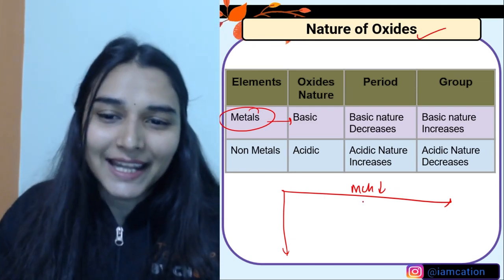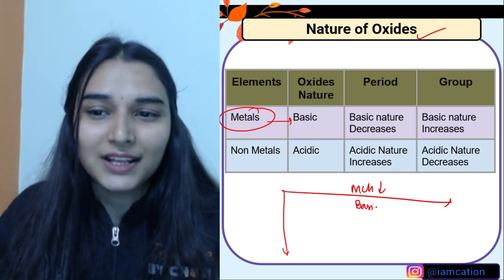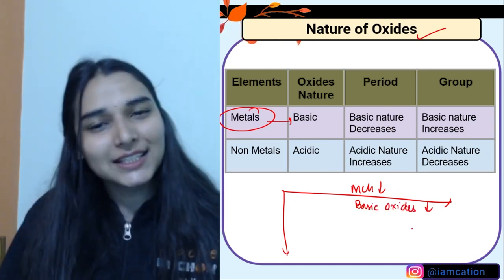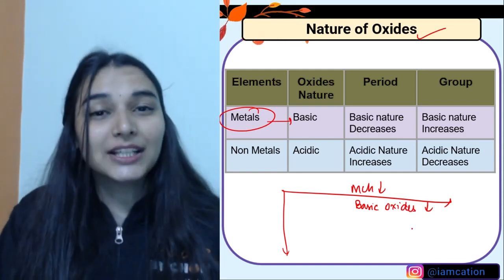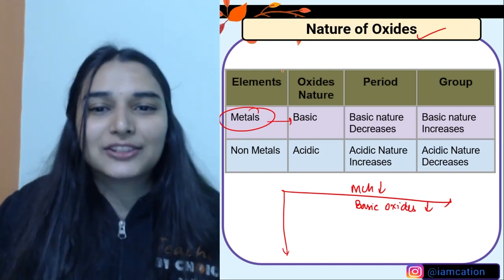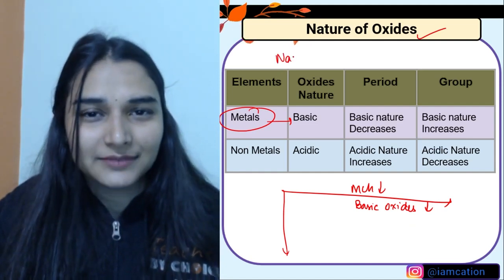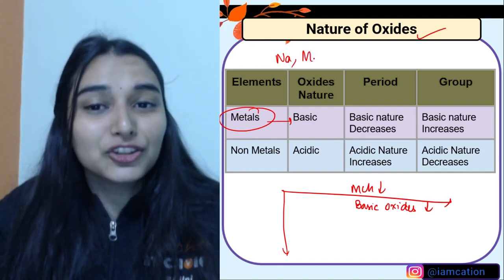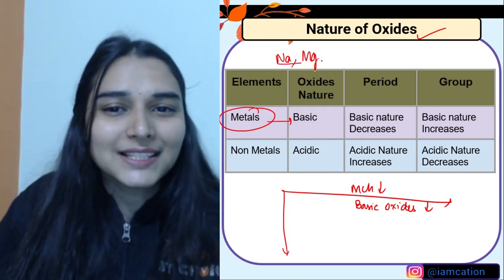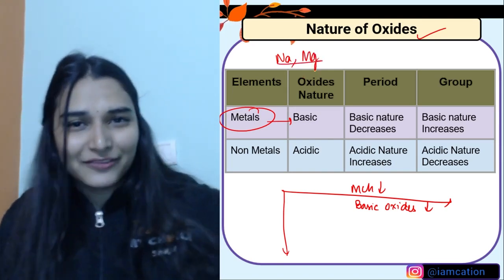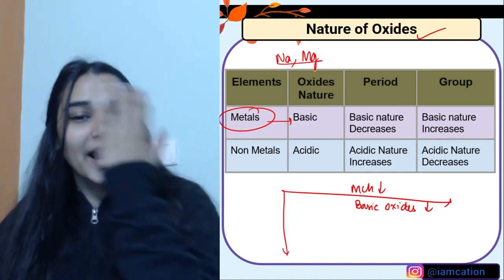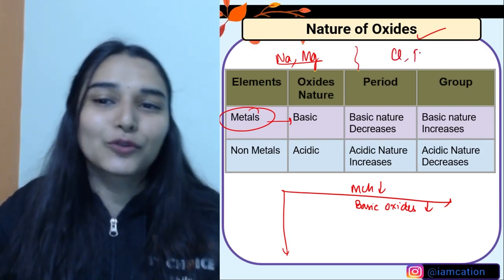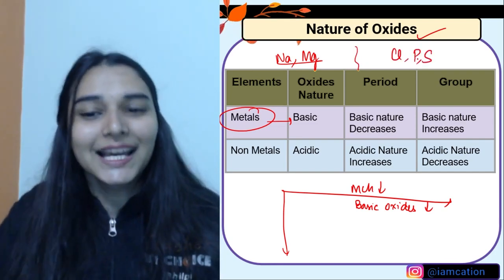So that means the tendency to make basic oxides also decreases. Basic oxides are found on the left side, like sodium oxide and magnesium oxide. The oxides of the metals on the left are more basic. By the time you go towards the non-metals, the oxides of chlorine, phosphorus and sulfur are acidic